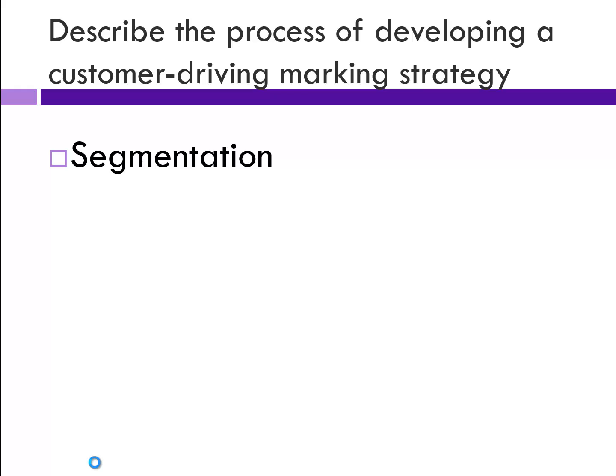That's segmenting. Once I do that, then there's targeting. I'm going to pick which ones of those segments I'm going to go after and target. So I can't reach everybody, and I wouldn't be able to effectively reach everybody. But I split the market up in the segmentation, and then the targeting, I decide which of those segments I'm going to try to sell to.